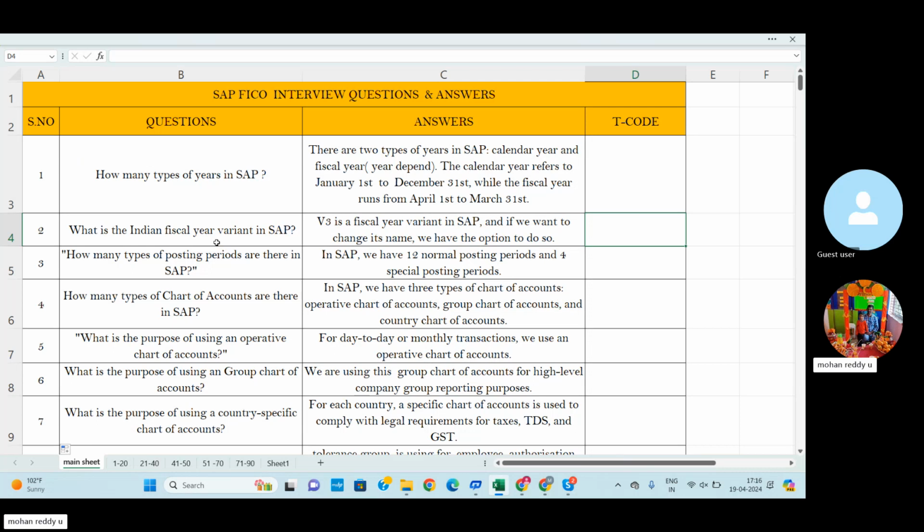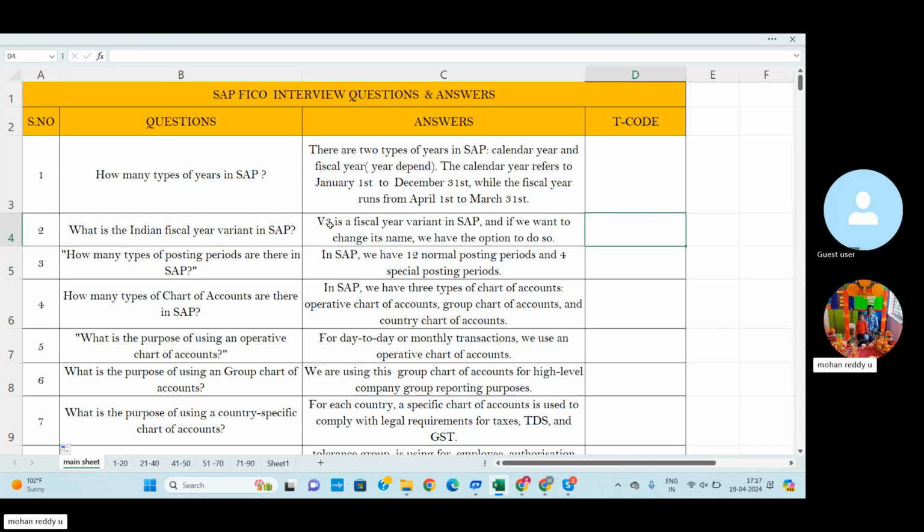Then what is the Indian fiscal year variant in SAP? In SAP, each year is automatically predefined with a fiscal year key. As per SAP, the Indian fiscal year variant is V3.